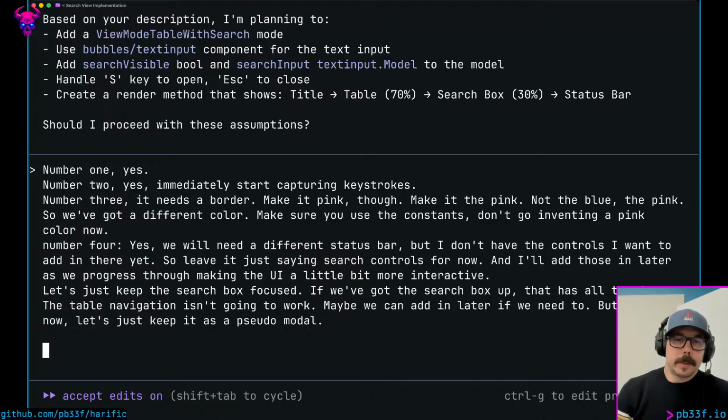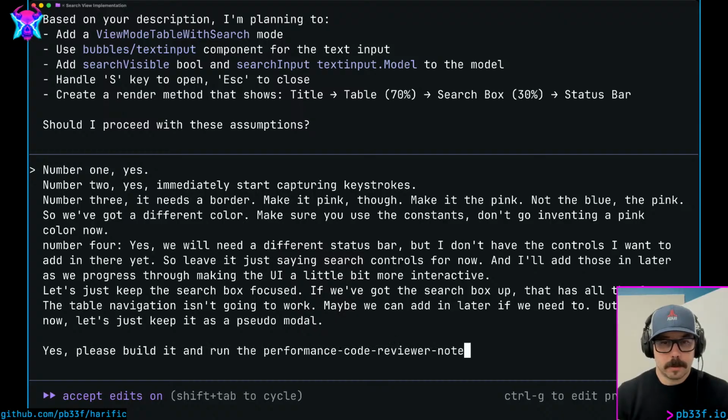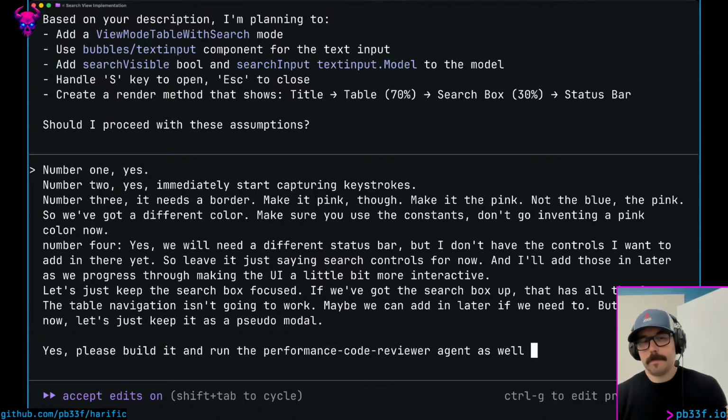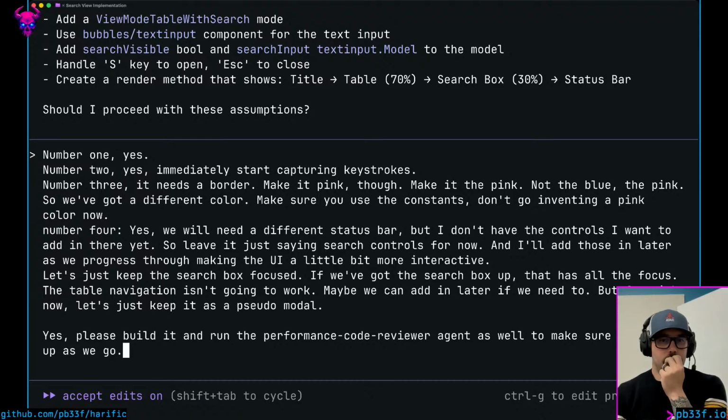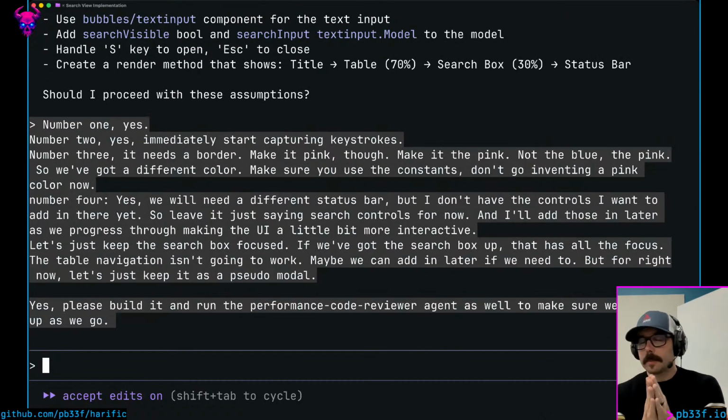Yes, please build it and run the performance code reviewer, no, another dash agent as well, to make sure we clean up as we go. All right, let's go. Let's build